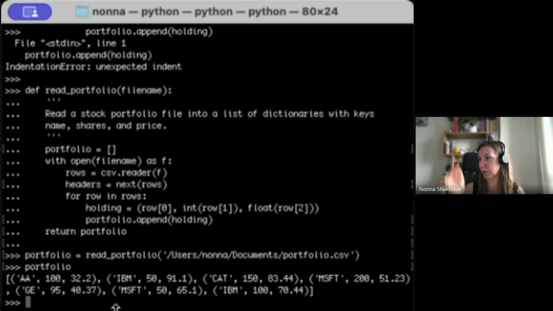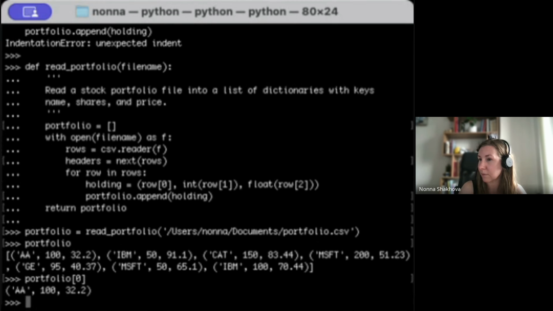So what can we do with this one? With this one, I just want to check that my tuple can be one row. This is one item, and right now I want to have